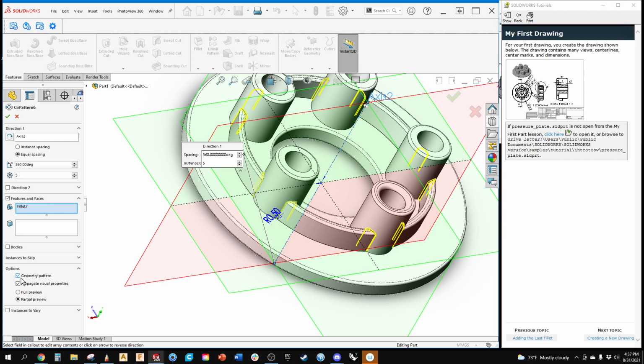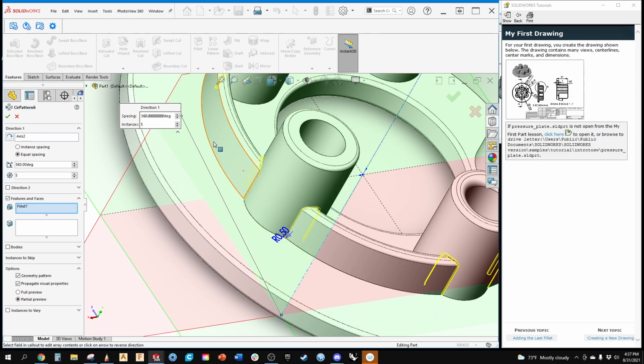I'll come down and I'll go geometry pattern. This is also where it's confusing because it showed it to me, it gave me a preview, but it doesn't want to execute it. So, geometry pattern. Now, this is one of those instances where you're struggling on the model and you're struggling on